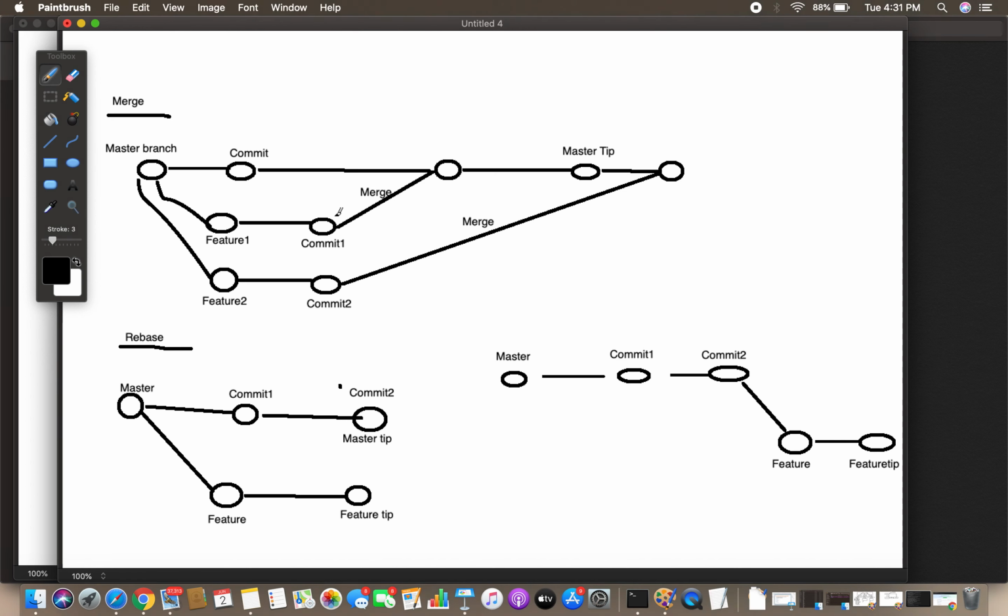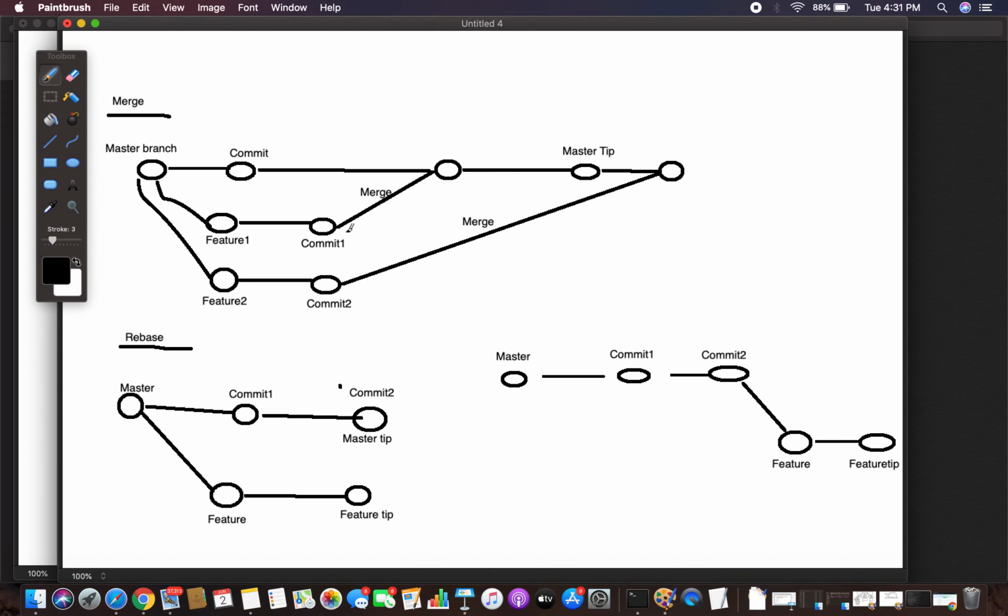If you look at the merge and rebase, up to this particular location, making some changes on the master and making some changes on the feature, having some commits, till here the concept is the same, but the only difference is that in the merge you are bringing all your feature branch changes into the master by doing a merge. In the rebase you are going to change the base of the feature branch.